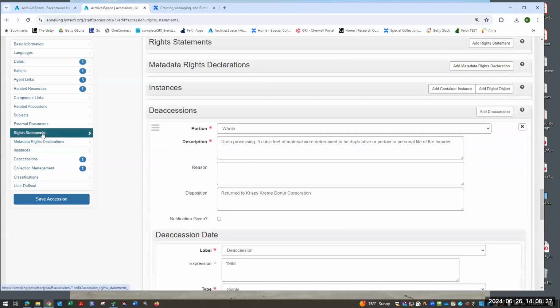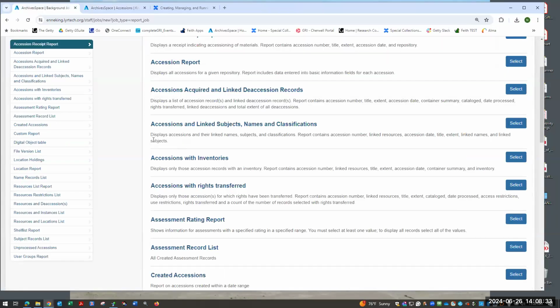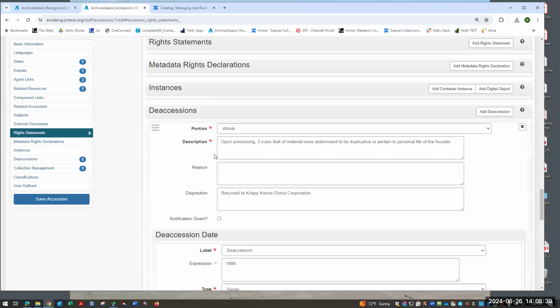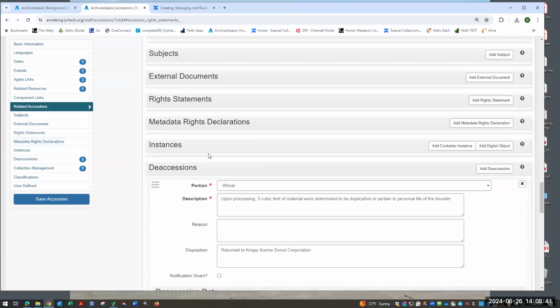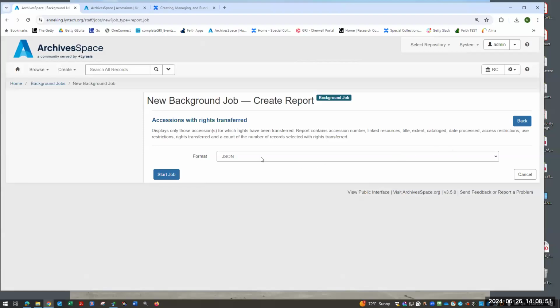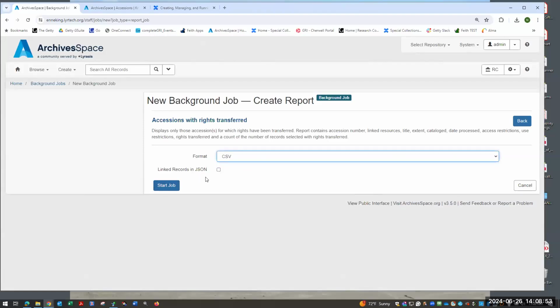There's a rights statement, and there is information in this, but if you see when I run this particular report... actually, there is no rights statement in this one. Sorry, I was looking in the wrong place. There isn't one here. I think the report that I get out, I'm going to dump it out in CSV, is